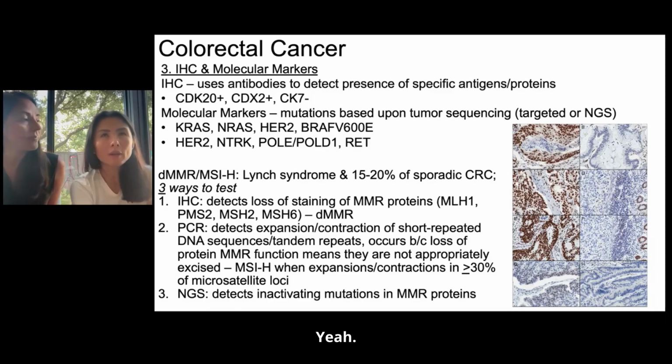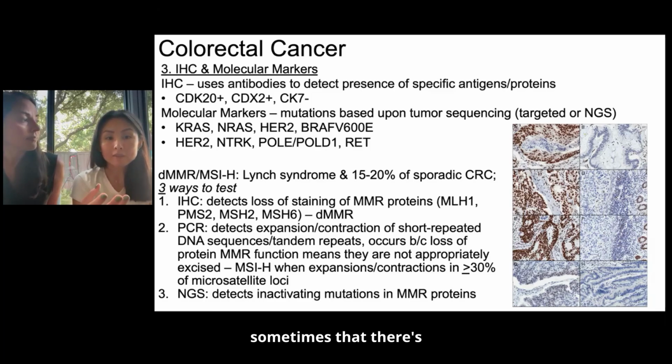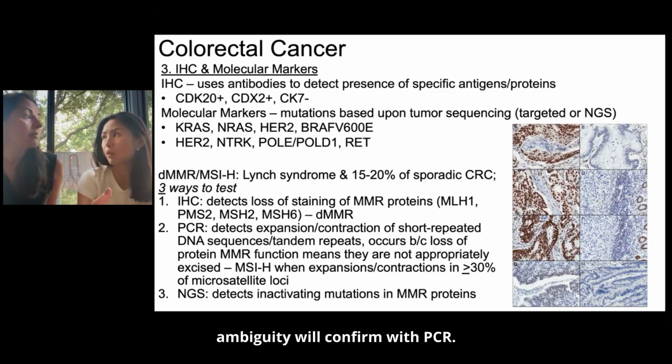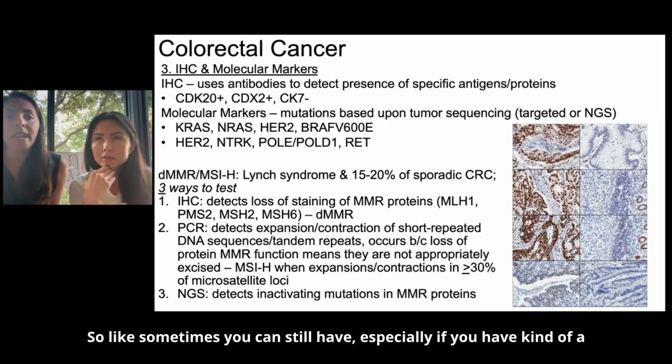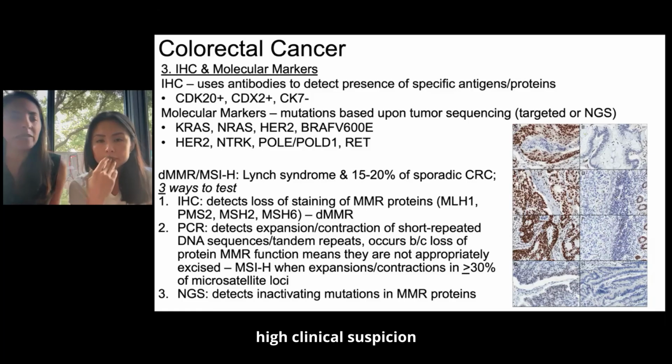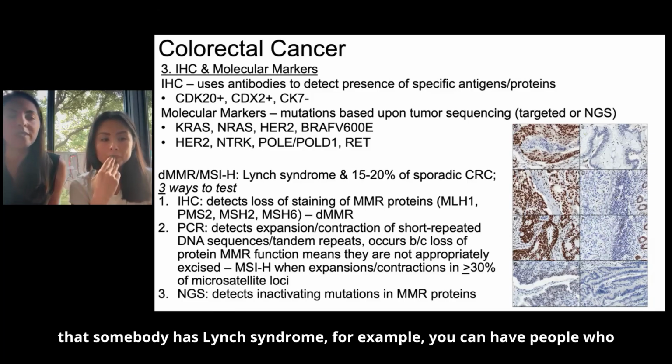Okay. Yeah. So I feel like what I've seen is a patient will get IHC, and sometimes if there's ambiguity, we'll confirm with PCR or NGS. That's what we tend to do. Sometimes you can still have, especially if you have a high clinical suspicion that somebody has Lynch syndrome, for example,